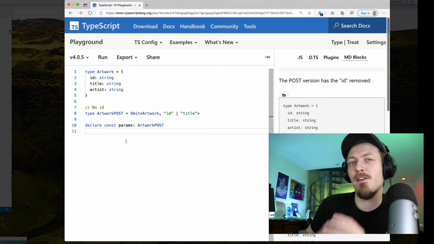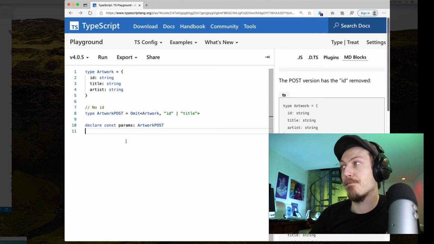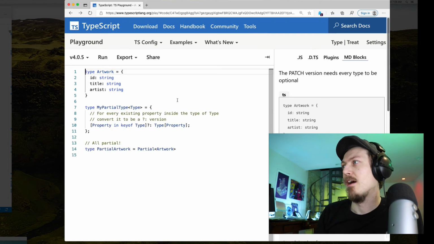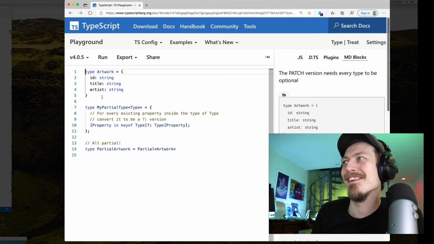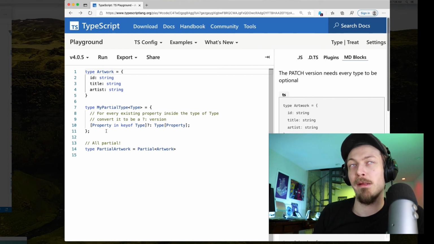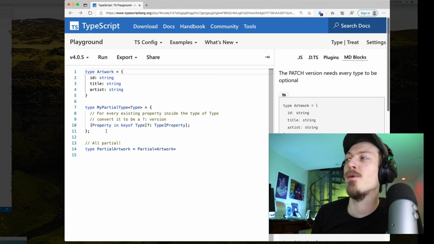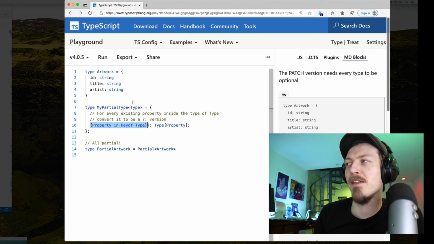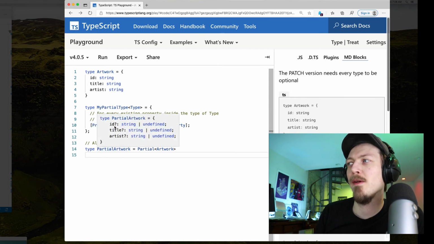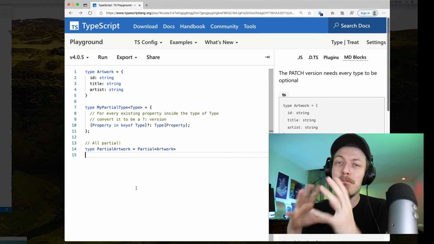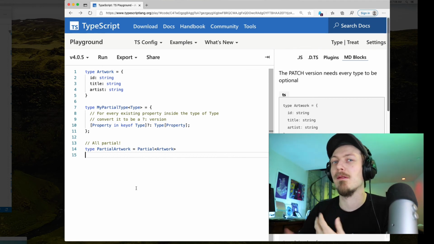And so with TypeScript, you have this type manipulation system, which is also pretty wild. And then it gets a little bit wilder. This version is the partial, right? So this is patch. You only send just title and the ID, or just artist. So we have a way of saying for every single property in that existing type, do this thing. So this partial version of the artwork is always going to be maybe an ID, maybe a title, maybe an artist, and it's either going to be string or it's going to be undefined. So we've made a pipeline for generating partial versions of existing objects.